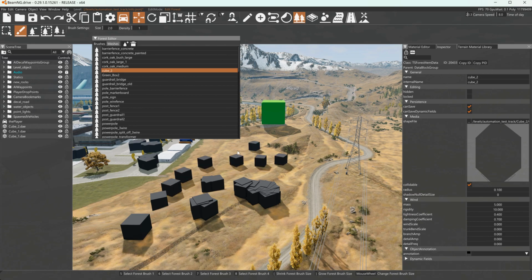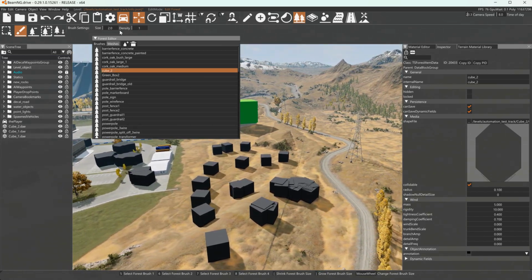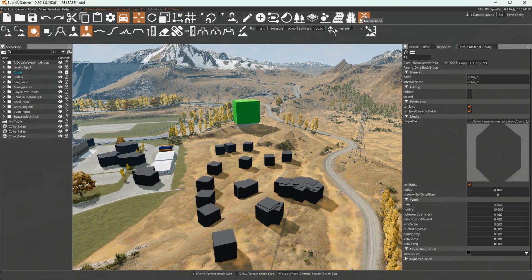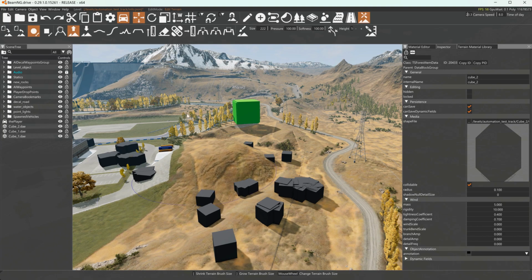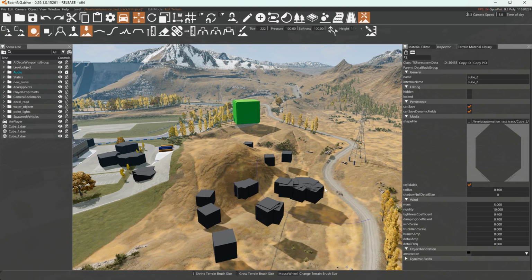Now, another thing, sometimes people, after the fact, may decide to raise the terrain. They want to put a hill there, or maybe they want to put a valley there. Well, those locations are all saved, right? They're all saved now. But it doesn't have to be that way. You can easily fix that by just